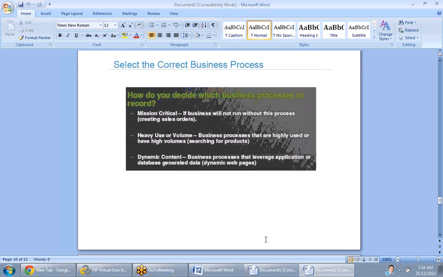So in the business process, I said there will be some conditions where we finalize the non-functional requirement as the finalized NFR. To do that, these are the conditions. How do you decide which business process to record? To understand that, you should analyze each requirement with the 3 below conditions. Is it mission critical? You should understand what is mission critical.